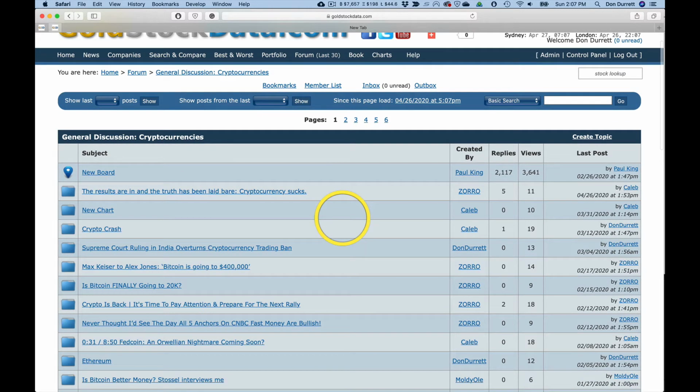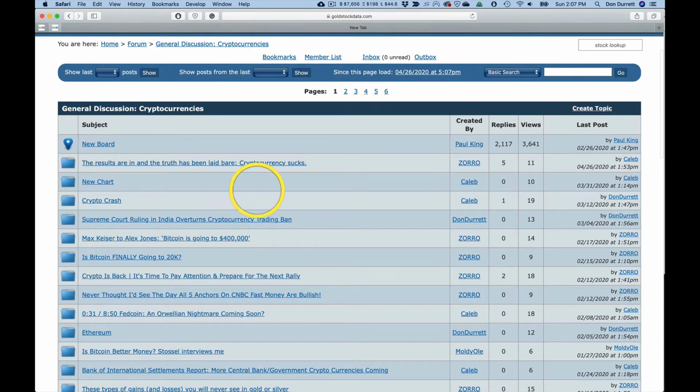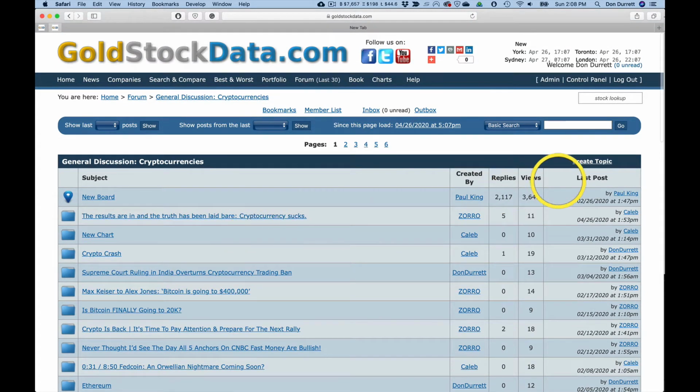The only bad thing is it won't show you in the last 30. If you want to see only cryptocurrency, you have to go over into the control panel and hide everything else, and then only show cryptocurrency and say last 30, and it'll show you the last 30. Otherwise, you have to go one at a time here. And so these are the various posts that have been made. But you can say create topic, and it'll create a topic here. Okay, so